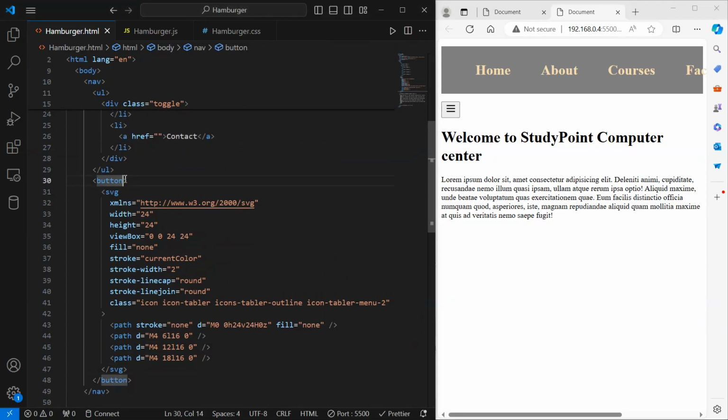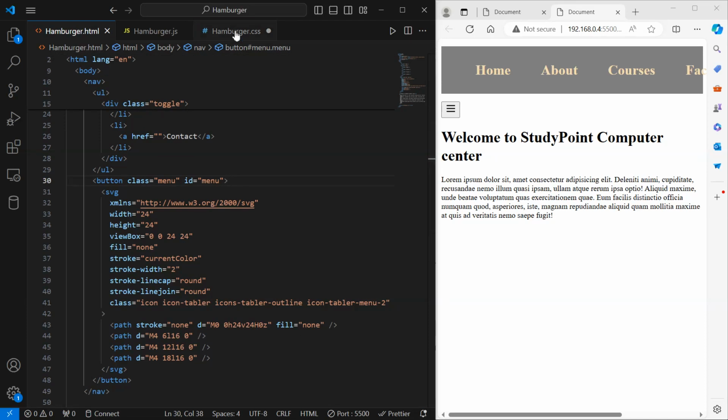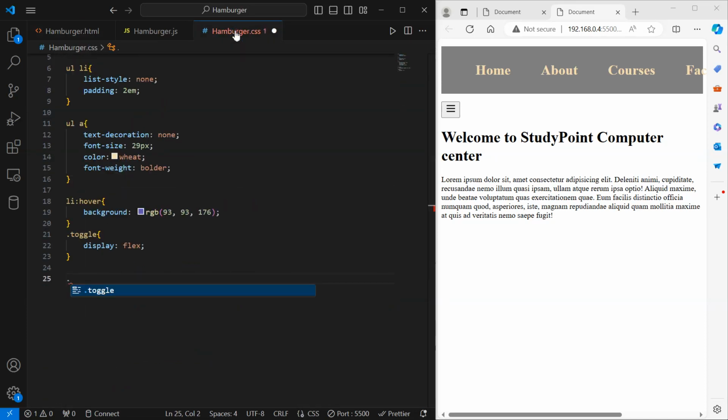So I will be saying button, and then I will be naming it class menu, and I will be giving it an ID of menu to work with the CSS section. For the JavaScript I will be using this ID. And okay, so far so good. For the styling section, I will be moving to the CSS file, and the name of the button is menu. So what I will be saying is menu,